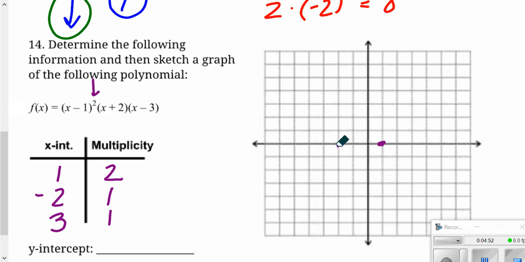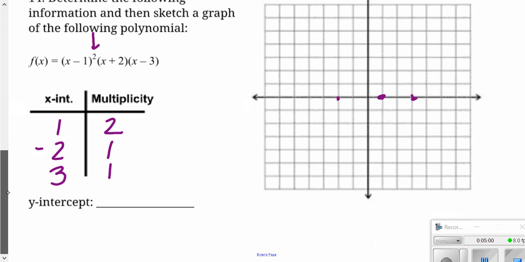That's going to be a cross. And at 3, 1, 2, 3. Also crossing. So this middle one is the bounce. And my y-intercept is found by x being 0. So if I plug in 0 for all of the x's,